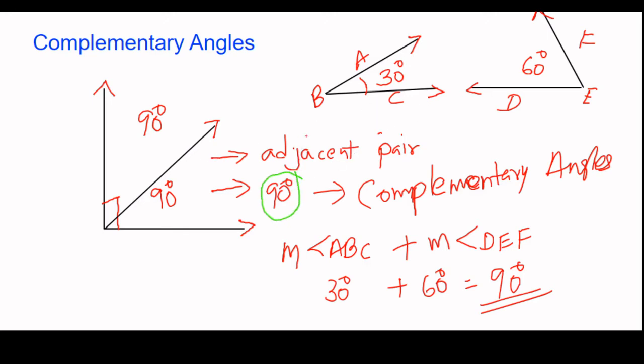So after adjacent angles, you studied about complementary angles. A pair of angles are complementary when their sum is equal to 90 degrees. We will move ahead and see another set of angles or pair of angles. For that I will be just drawing a line here. I will draw quite a big line over here, a long line.